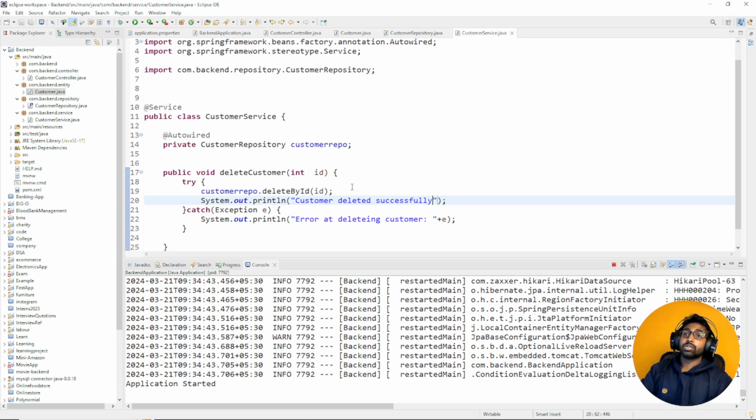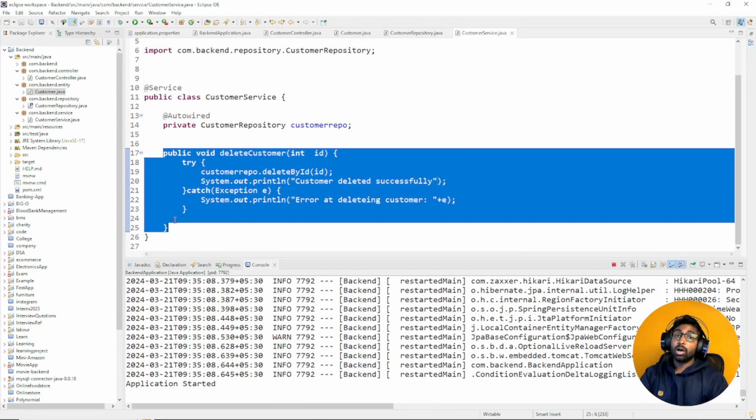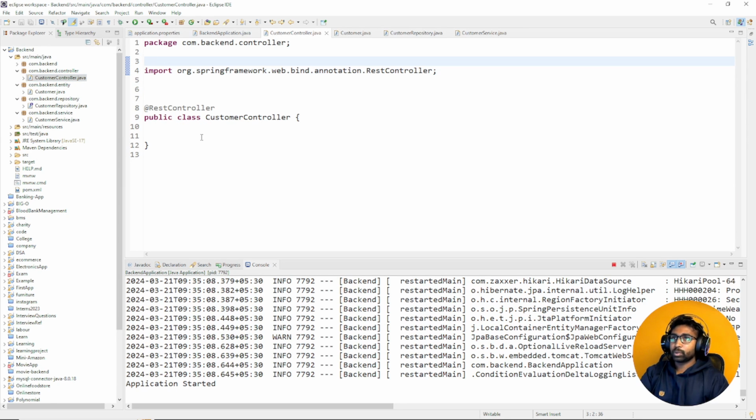Got it? So just save this. So here our method is done. That's all. So now we are going to create an API to delete this customer. Alright, so let's go back to the controller over here, the customer controller, and